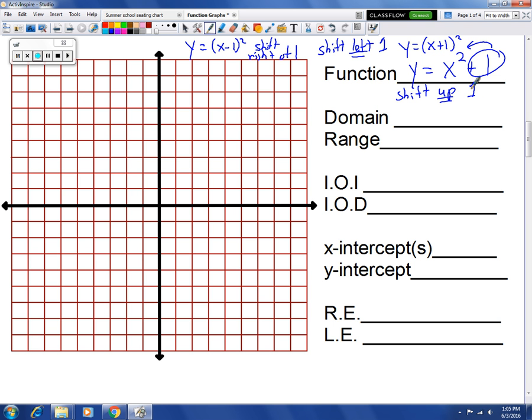And the good thing is, when we do any kind of function, if rational or cubic or quartic, when we have a number grouped in with the x, it's always going to be a shift of left or right. When the extra number is not grouped in with the x, there's no square, there's no parentheses, or there's no division line or anything like that, it's going to be shifted up or down. Alright, so just really briefly,